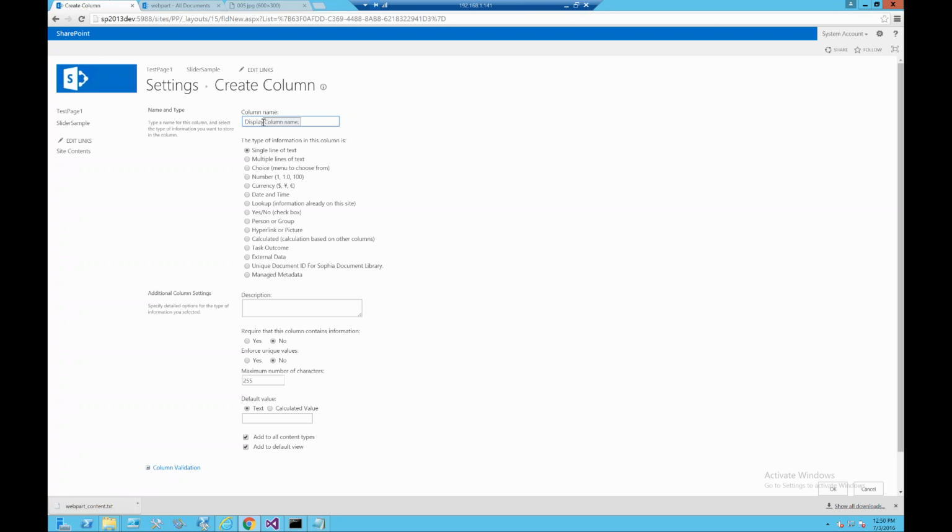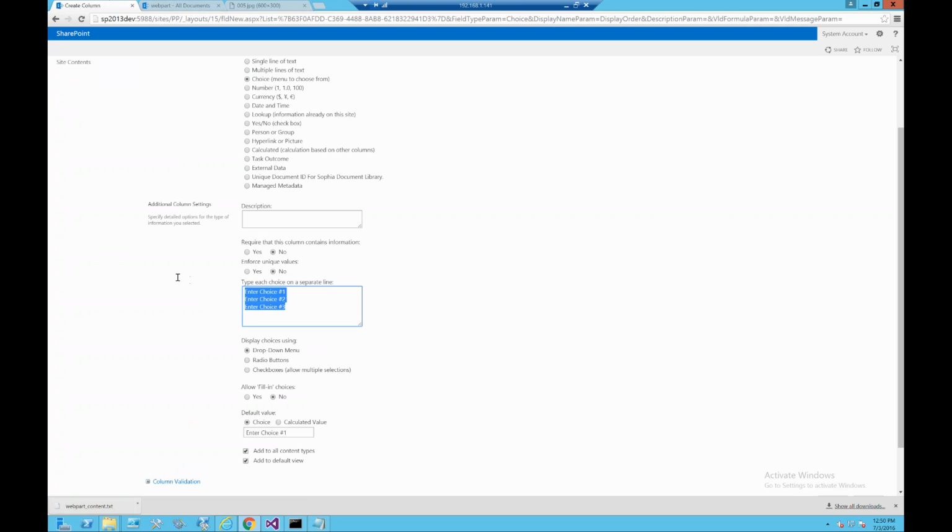There is a display column name and an internal column name. The internal name comes up when you create it the first time. If you want to change the internal name, you just have to delete the column and recreate. But the display title you can change anytime. For now I'm creating it as display order and keeping it as a choice field. So the display order will be a choice field with 6, 7, 8, 9, 10. Let's assume that we won't have active items at any given point of time more than 11, just an assumption,